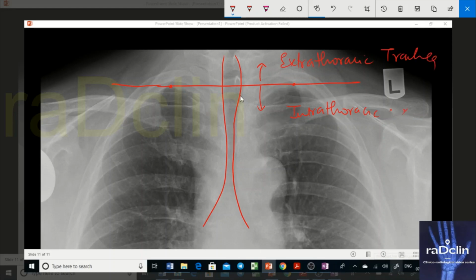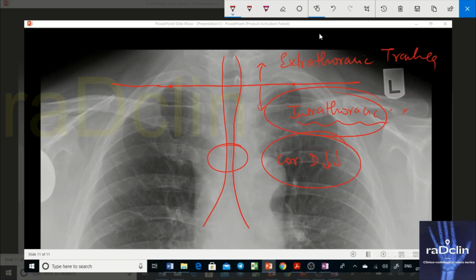So you can clearly see there is a narrowing of the trachea. You can see this narrowing, and the coronal diameter is decreased. Okay, the coronal diameter of this patient is decreased, and this is the same patient of whom we just saw the CT scan also. The part of the trachea that you're seeing is intrathoracic. You can see that the narrowing is in the intrathoracic part. So we are dealing with a disease entity that is involving the intrathoracic trachea, and the coronal diameter is decreased.